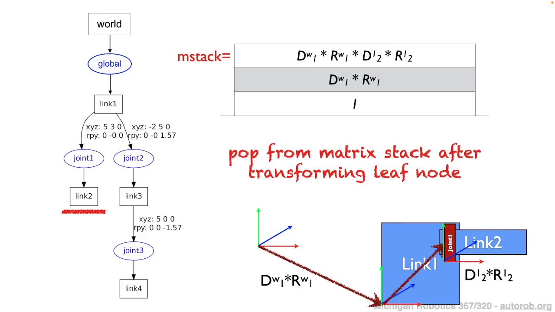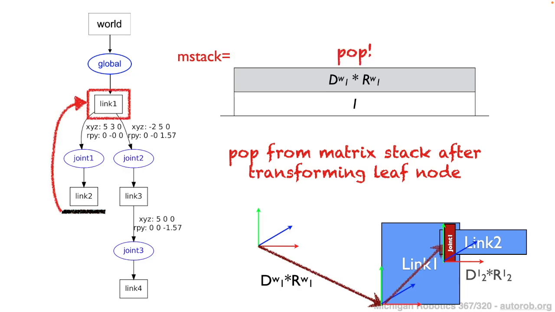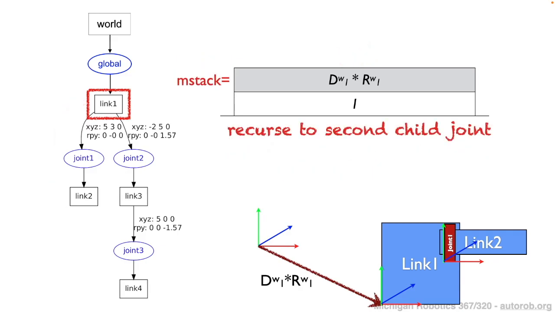At this point, we try to recurse further down this branch, but we reach the end of the branch. And so what happens is our matrix stack gets popped until we arrive back at link 1. So we're going to pop the top off of the stack, and we arrive back at link 1. And you can see the nice property about using this matrix stack is it's using our memory so that we don't need to go back to the very start of the tree and rebuild portions of the transformation matrix. We remember what the transformation matrix for link 1 with respect to the world is, which becomes now the top of our matrix stack. And so now we can continue this process of recursing down the second branch of the